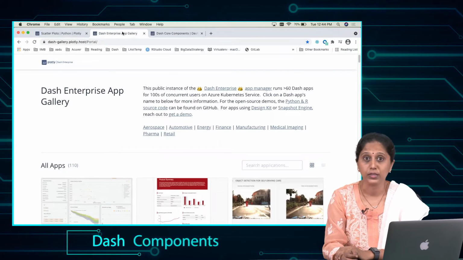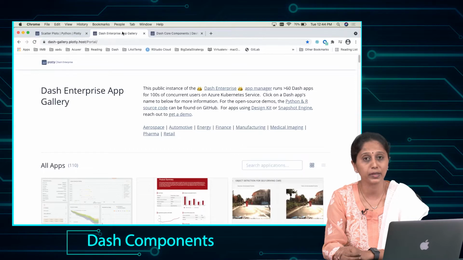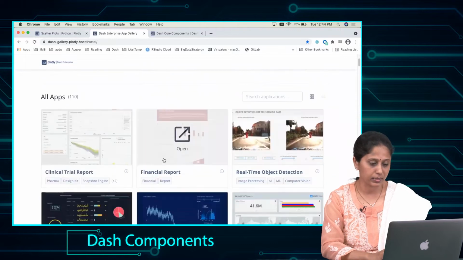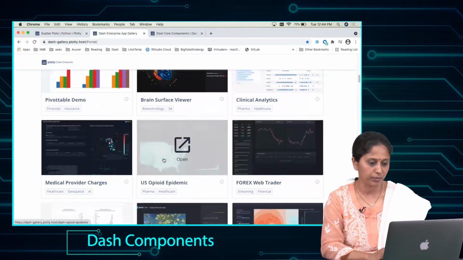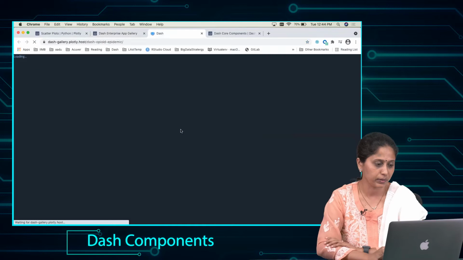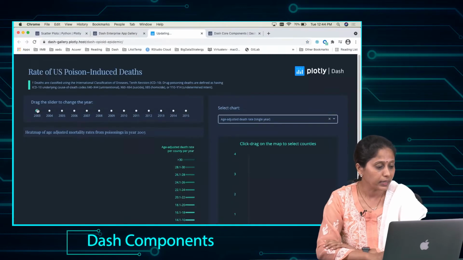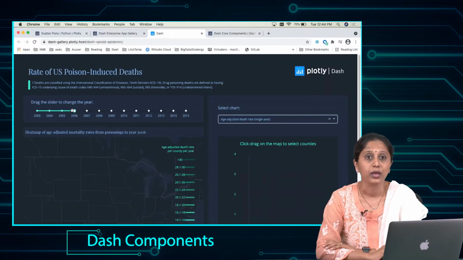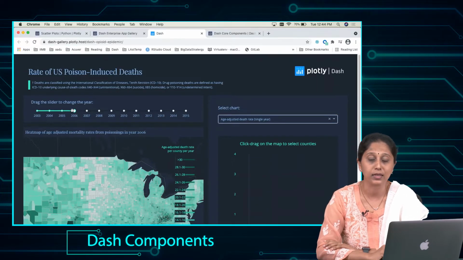Dash components are visual, user-interactive components that are displayed on an app, like say date picker, drop downs, checkbox, sliders. For example, if we take any example from the Dash library, like this one, the year slider here is a Dash component.